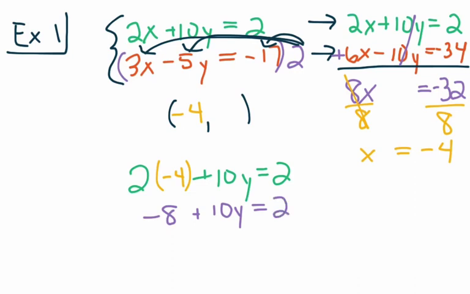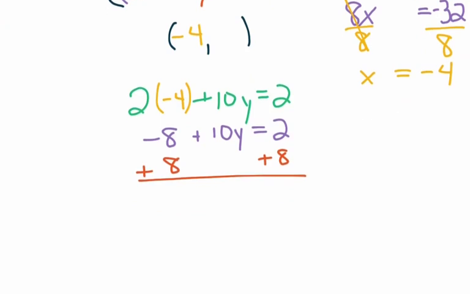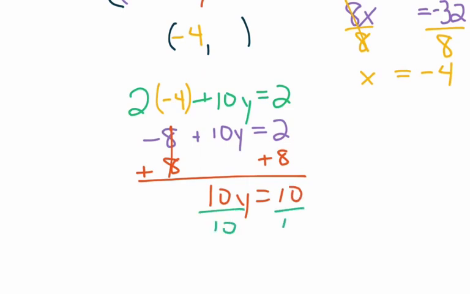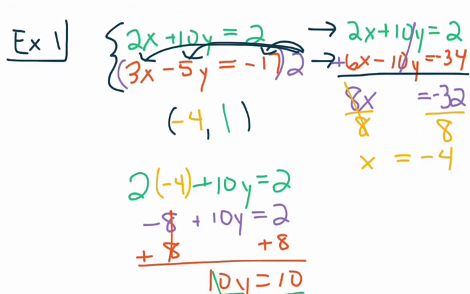Now I'm going to add 8 to both sides. Scroll up a little bit. These cancel. 10y equals 10. Divide both sides by 10. And y equals 1. So if I were to graph those two lines, they would intersect at the ordered pair